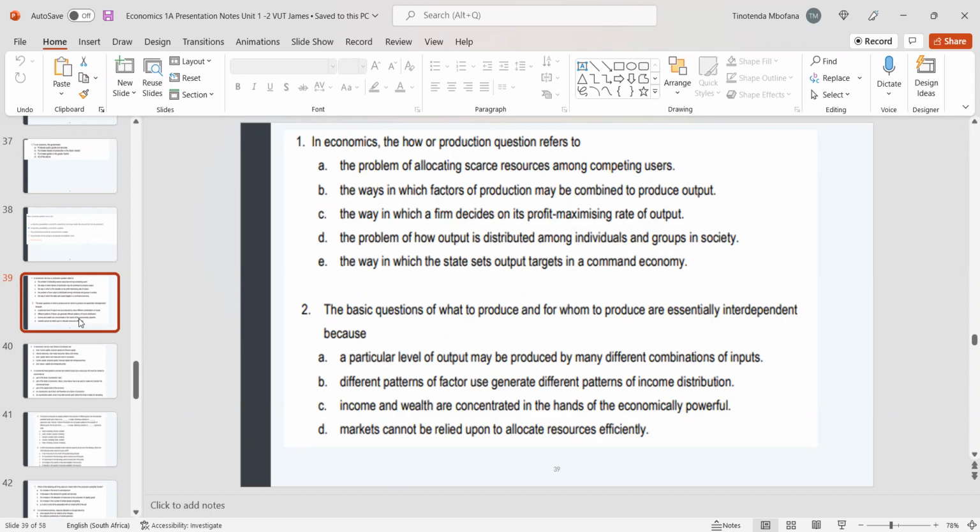So you cannot decide what to produce independently from whom to supply, because you need people to buy your product at any point in time. So let's look at the answers. A particular level of output may be produced by many